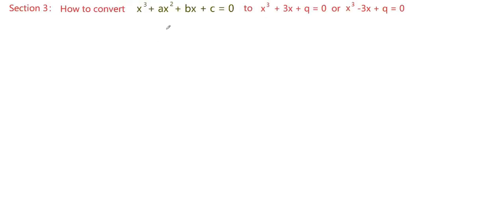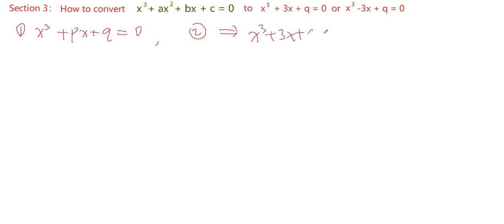Section 3. How to convert a normal cubic equation to the 3x pattern. First part, we can first convert it to this pattern: x cubed plus px plus q equal to 0. Second, we can then convert the px plus q pattern to the x cubed plus 3x plus q pattern. So we do it one by one. For the first one,